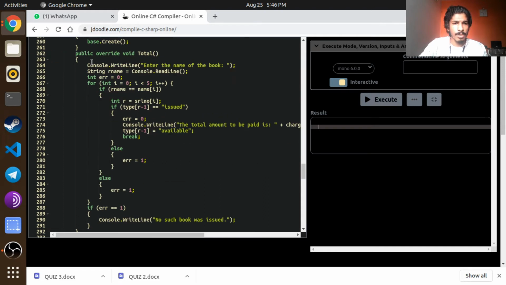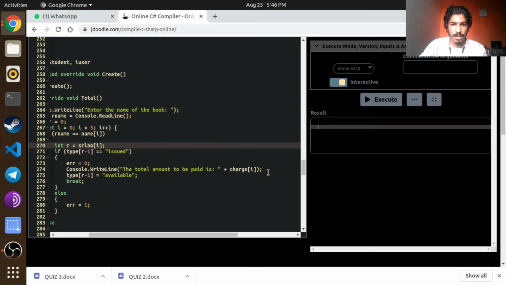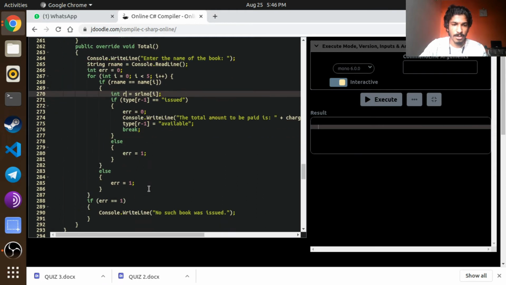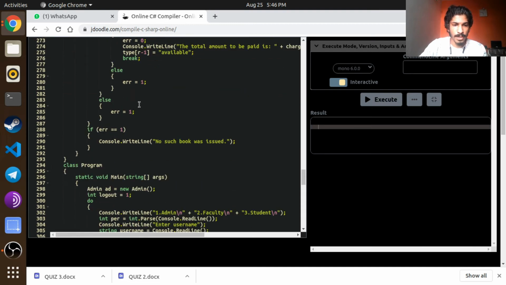Now the total function is overridden here, so we ask to enter the number of books, and we check the return name and the name. If both are matching, we print issued, else the total amount paid is equal to the charge, whatever the charge has been. Again we give an error if any error is there.